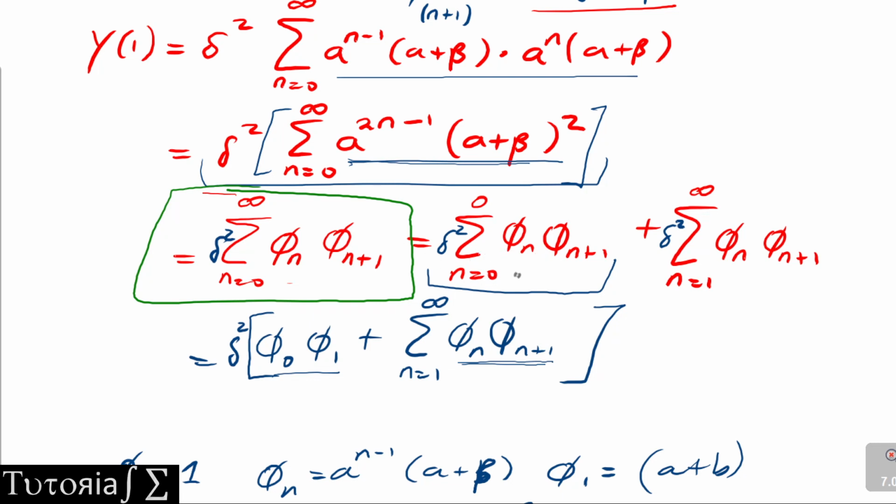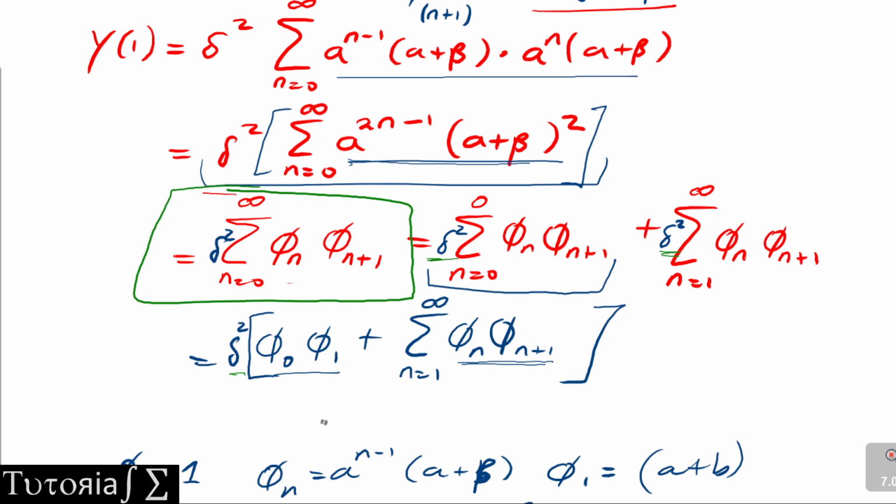So for n equals to 0, we're going to have phi 0 here, then phi 1, then plus this, which starts at 1 to infinity, which is what we simplified here. And we factored out the variance here and here. So we put it outside here. Then we had this. So phi of 0 we know is 1 from the previous step, and phi of 1